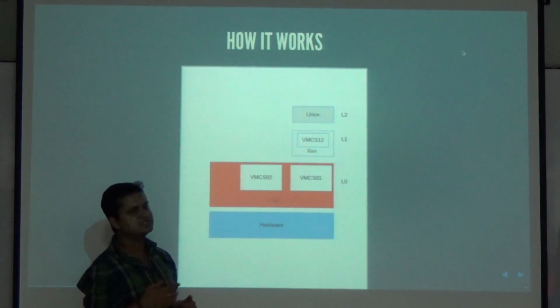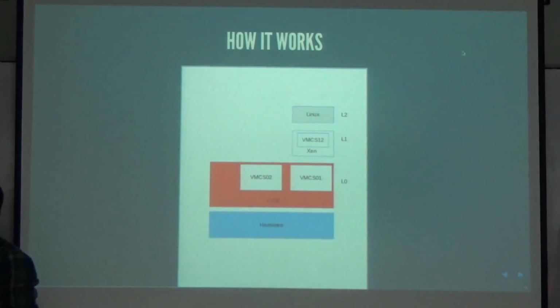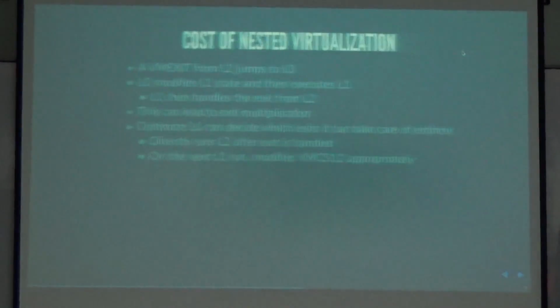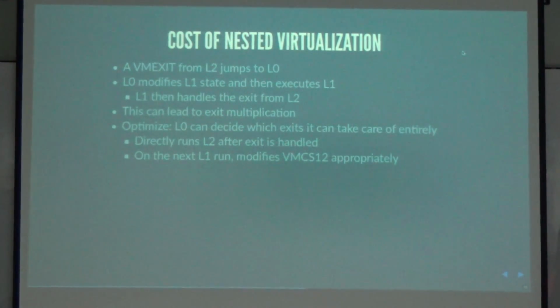So what we call this is a huge number of VM exits that are happening that multiply again and again to be able to run nested virtualization, and that actually makes it really, really slow, even though you are actually using the VMX extensions on the host hypervisor. And the way to kind of optimize on that is,